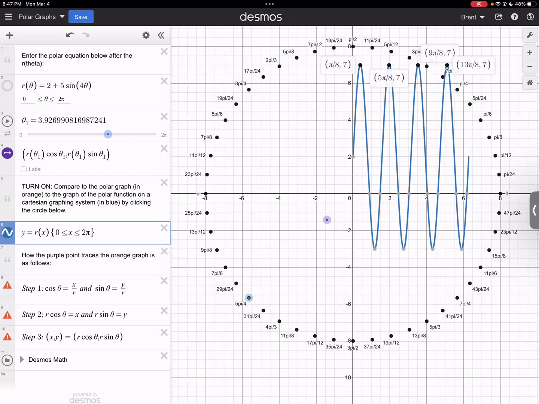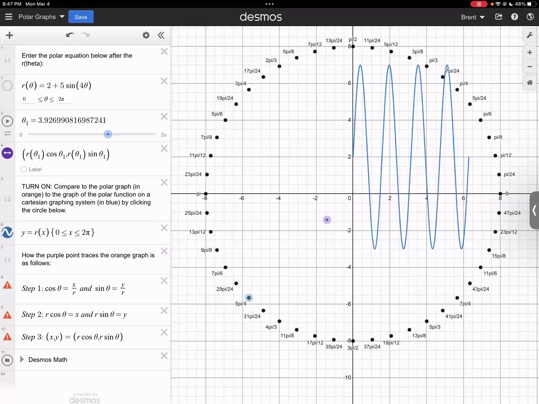Still 4. Nothing's changed. How many minimums? 4. But now, guess what's different? The minimum is how low? How low is that minimum? -3. Whereas the maximum is how tall? 7. And again, you're still going to have the same amount of zeros, which means the same amount of